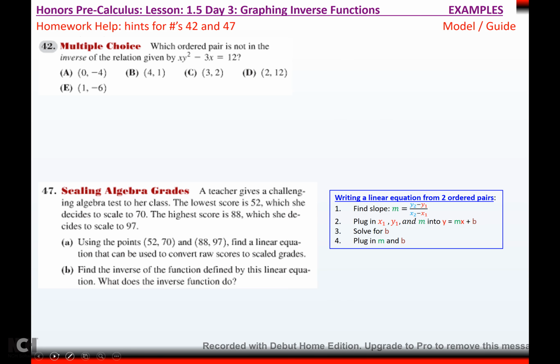Alright, on some homework help a little bit. What you would do here is you would switch. You could have two choices. You could either switch x and y and plug those in and see which ones work, or you could switch x and y up here and then plug them in normal and see which ones give you true statements or not. Okay, and on 47,